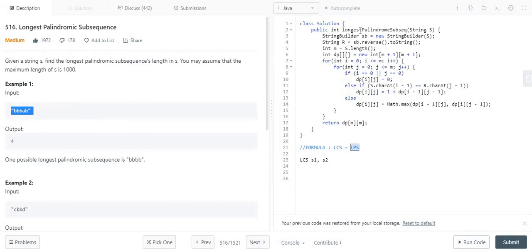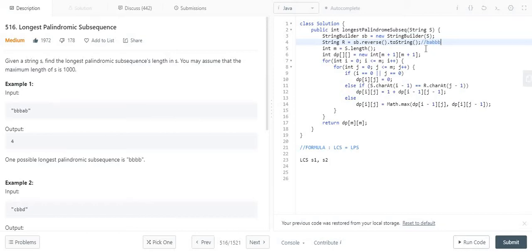Okay, here we are given a function longestPalindromeSubsequence. We are going to solve this with the help of dynamic programming. This is the input string, S. With the help of a StringBuilder we are reversing the string, so it became BBBAB reversed.